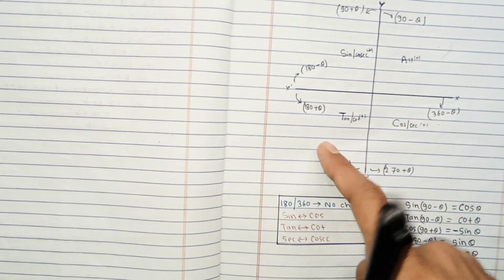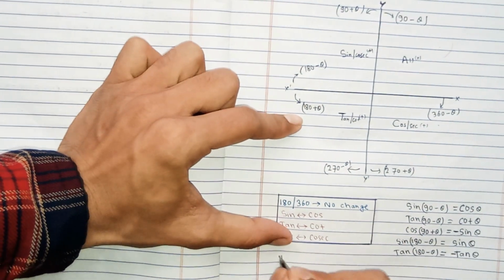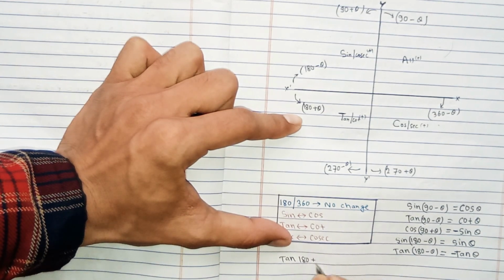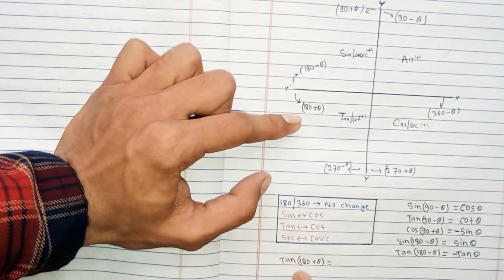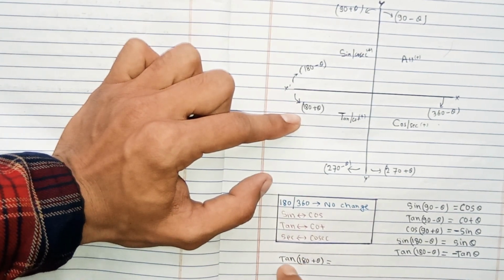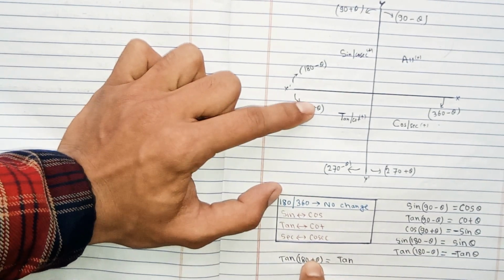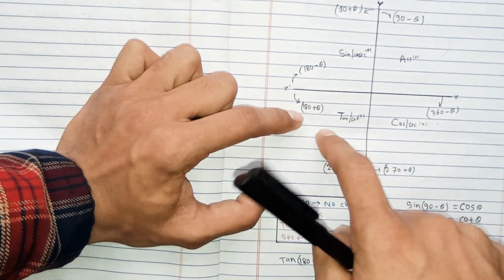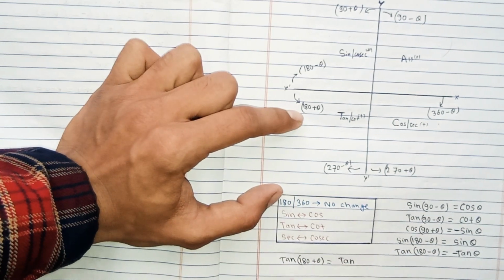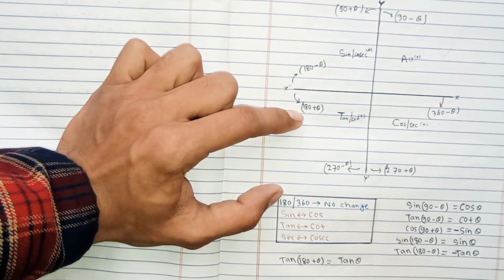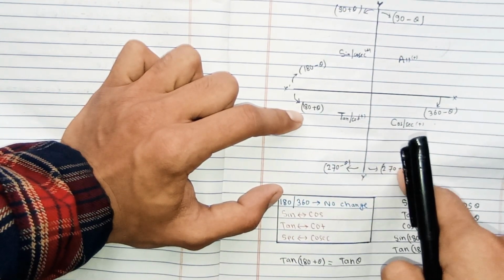Okay, let's try for this 180 plus theta. Tan 180 plus theta equals tan, because if there is 180 and 360 here, then there is no change in the trigonometric ratio, so tan is tan. But 180 plus theta lies in the third quadrant, and in this quadrant tan and cot are always positive. If tan and cot are positive, then there is no change in the sign, so tan 180 plus theta is also tan theta. And you can try for other 270 minus theta also, 270 plus theta in similar ways.